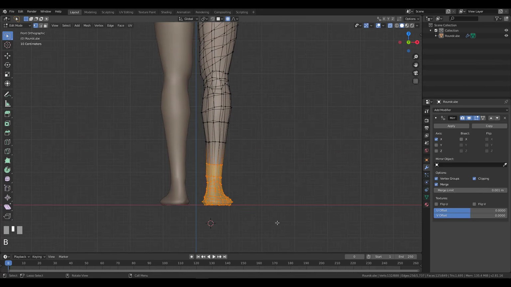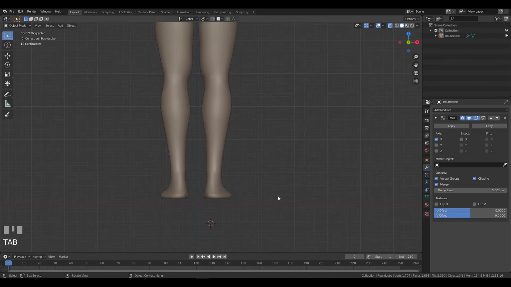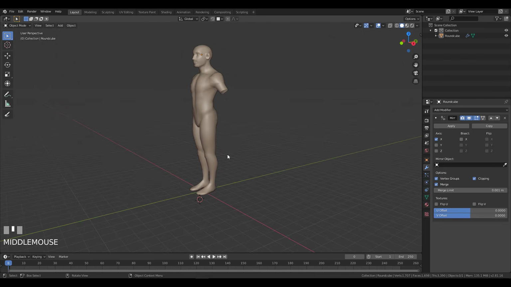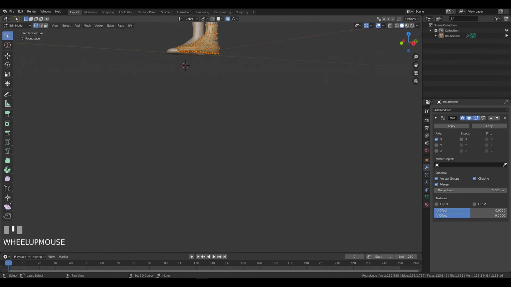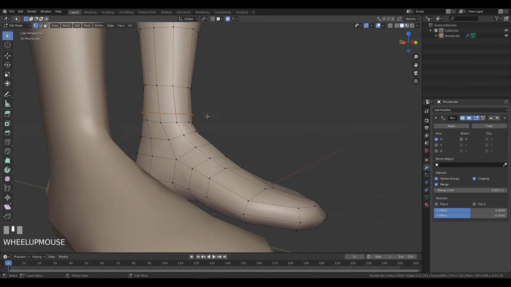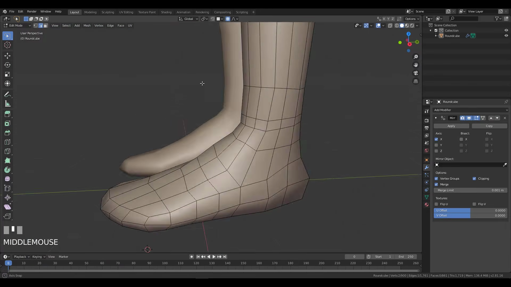Maybe I can push this a bit higher and make my model a bit better like this. I think it's looking better like this. Okay, so I'm going to add another cut here, and this cut will help me define